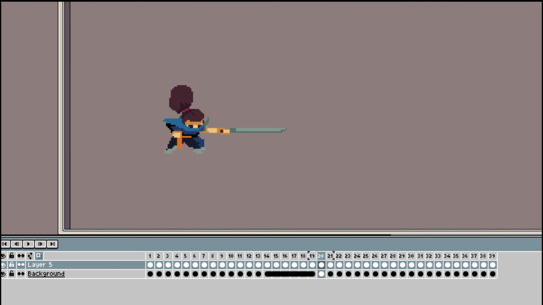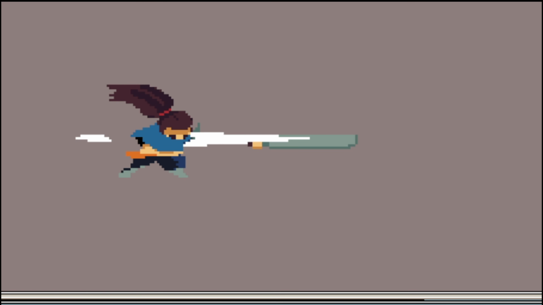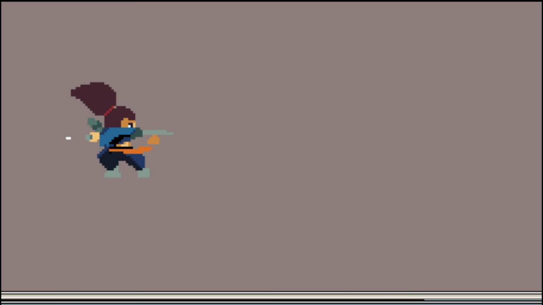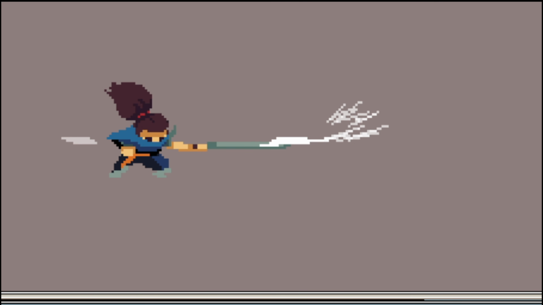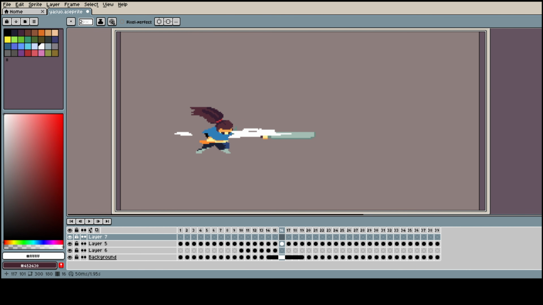Getting near the end here. We're almost there, people. Another thing I added to the stab pose was a bit of brightness, just to the first 2 frames, so that it almost flashes as he stabs, which I think helps add to the power of things. It was also at this point that I started to rework the little white dust animations, the wind animations